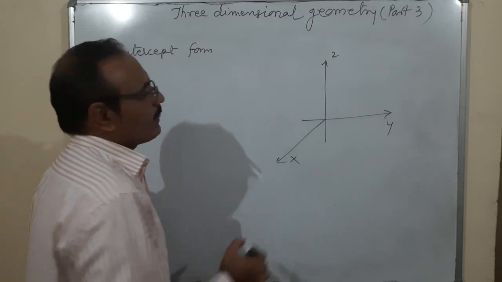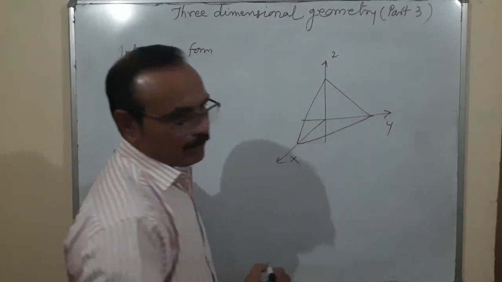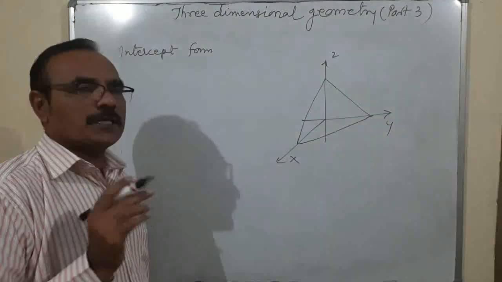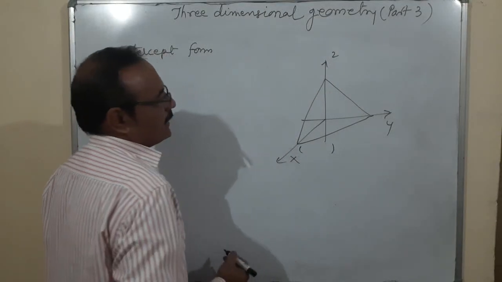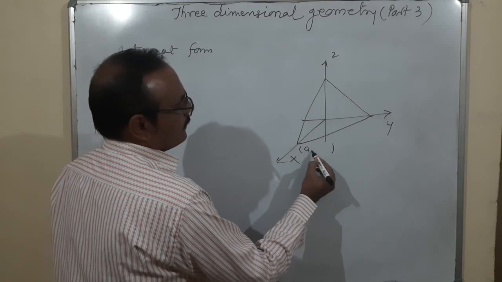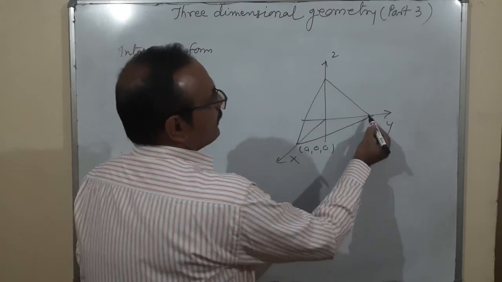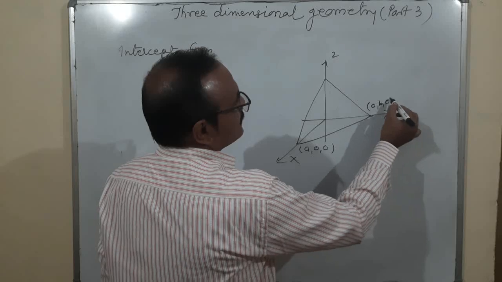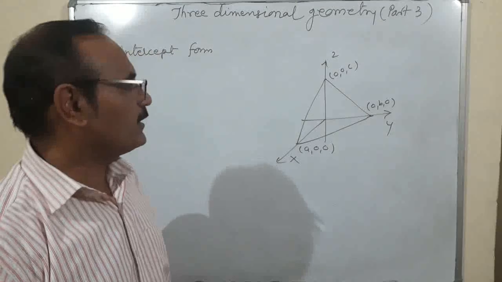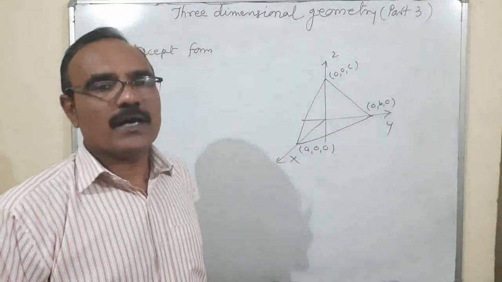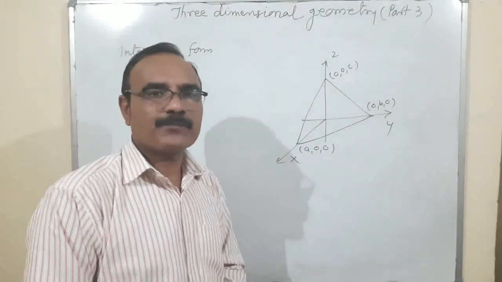Suppose there's a plane. The plane is passing through three points. Okay. This is the plane, and on that plane there are three points. Because it is on the x-axis, the point is, I'll take here a, 0, 0. The other two points are on the y-axis and z-axis. Here I will consider 0, b and 0, and that is 0, 0 and c. So what does it mean? This is the plane passing through three points, or the plane passing through the intercept axes, 1, 2 and 3. Is it okay?